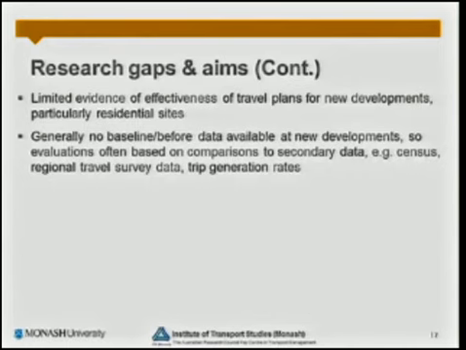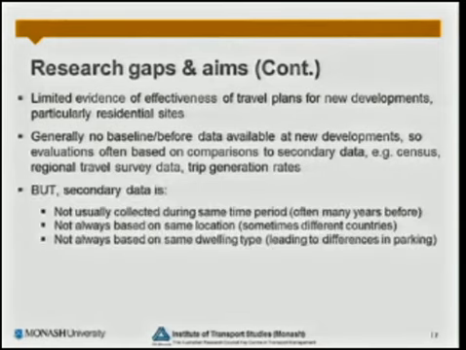Typically what people would do was use census data or secondary data sources to say, well, what would we expect to be the baseline for mode shares at a development in that area, and how does the mode share at this site with the travel plan compare to that? But the problem is that secondary data has its weaknesses. Particularly census data in Australia is only collected every 5 years, so it may not be current. Doesn't necessarily mean it's the same location, and it's not always based on the same type of dwelling. So average trip generation rates, for example, may be based on a range of land uses, not just particular intensity